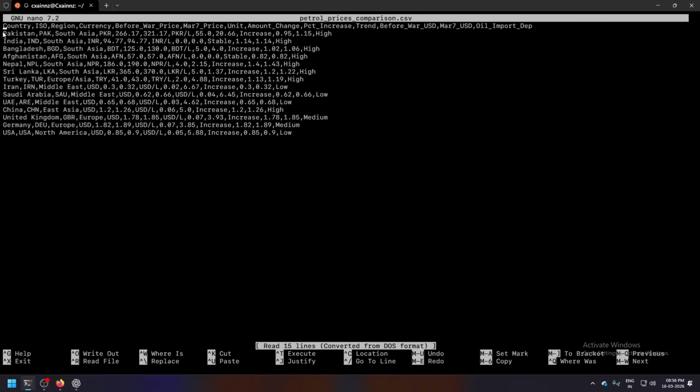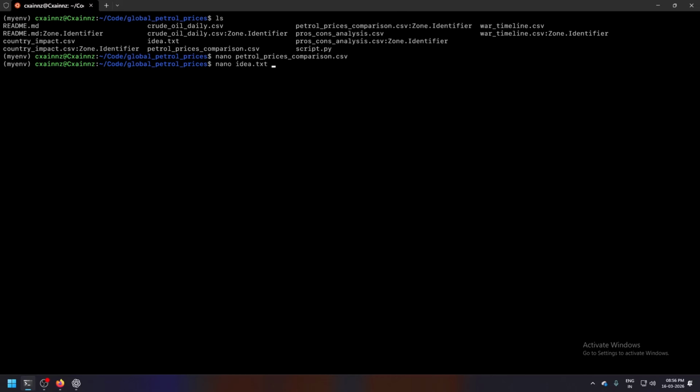You can see the column names are country, ISO (the shortcut), region, currency. Then there's before war price, before war USD, oil import, PCT increase, trend, and amount change, which is the price.